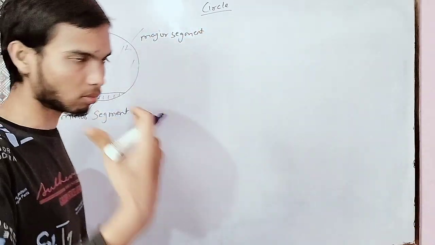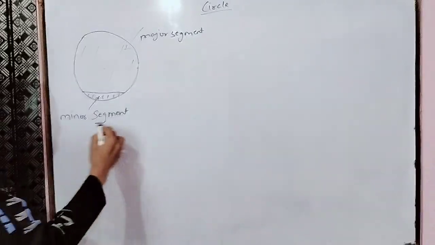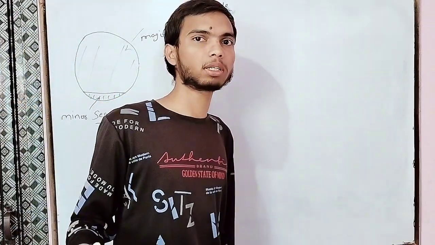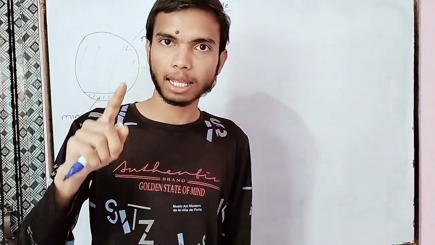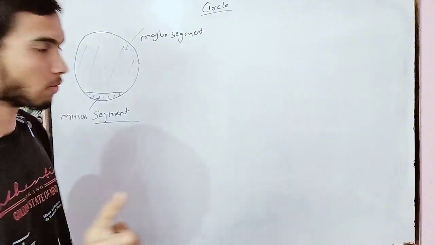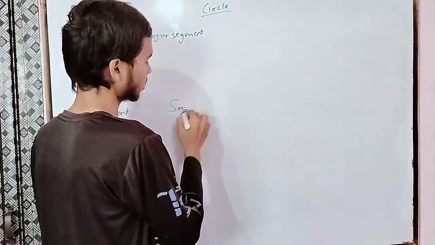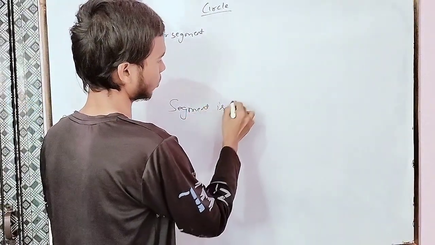Major which means more area. So let's understand the meaning of a segment. A segment is an area. Already you are clear. And a segment is formed by a chord. It is the exact meaning of a segment. Okay, segment. A segment is formed